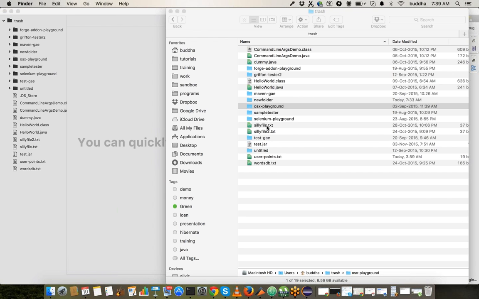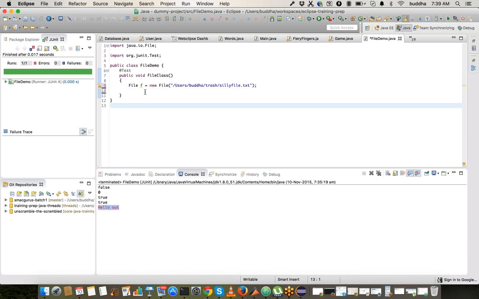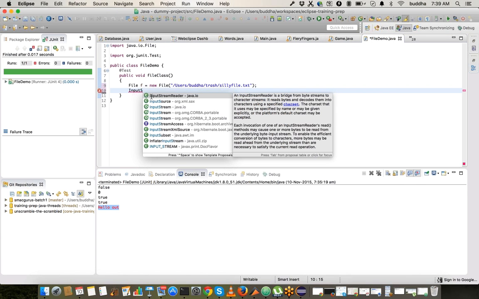Now, because we have this file, let's see if we have any content in that file.txt. Okay, so we have this particular text in this. Now let's try to read the text that is there in the file. So to read the file, there are two ways I said. One is input stream reader, which is coming from the java.io package,